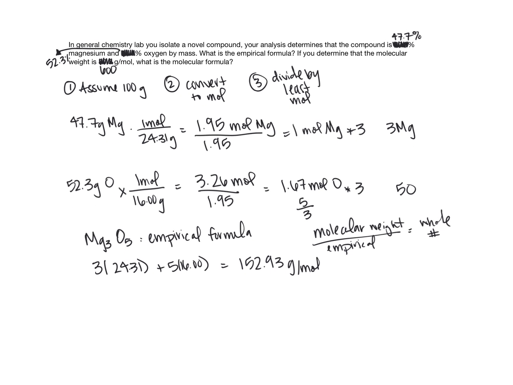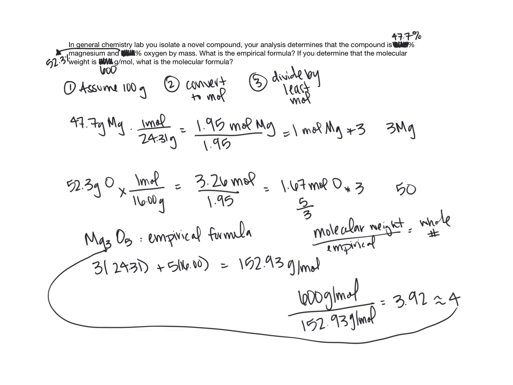So now we're going to take a molecular weight, which we calculated in the problem, is 600 grams per mole. And I'm going to divide that by 152.93 grams per mole. And so when you plug this in your calculator, you get 3.92, which is really close to a whole number of 4. So now I can take this value 4 and multiply each of my subscripts here so that I get